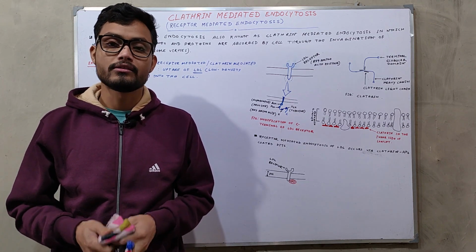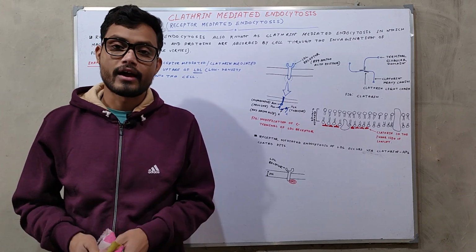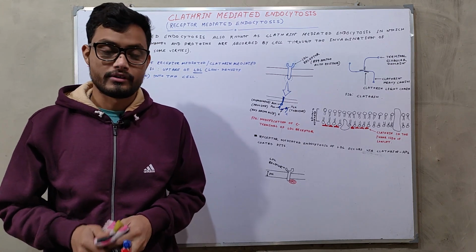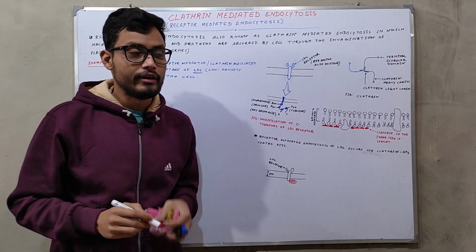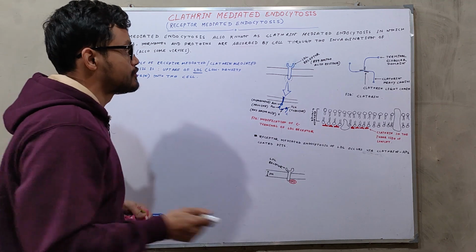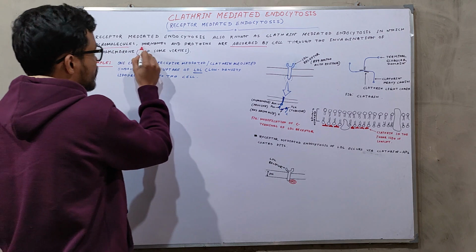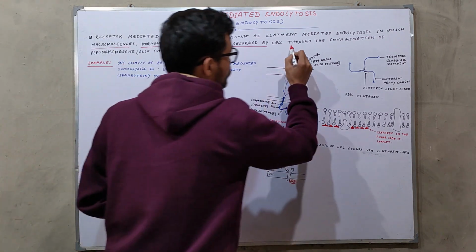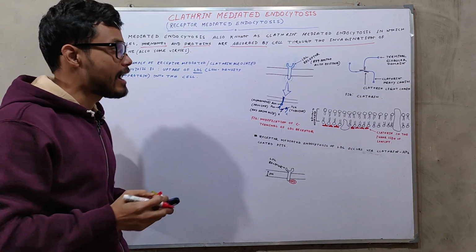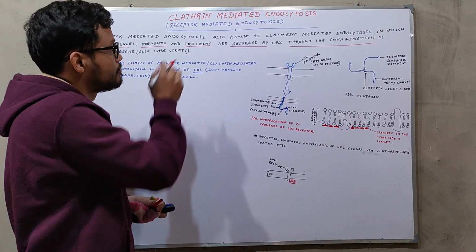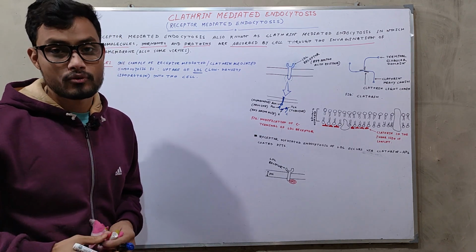I am Animesh, and in this video I am going to discuss Clathrin Mediated Endocytosis, that is also known as Receptor Mediated Endocytosis. So what is Receptor Mediated Endocytosis? It is a process by which the cell absorbs macromolecules, hormones and proteins through invagination, that means pinching of the cell inside of the cell, and it absorbs those molecules or proteins which cannot transfer from one side of the cell to another side of the cell